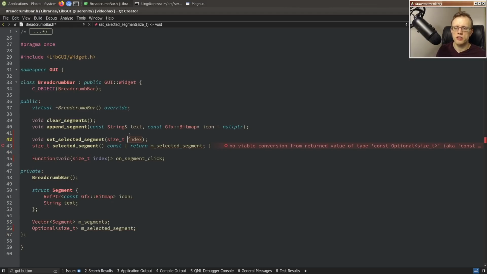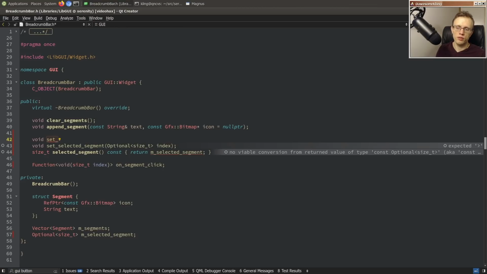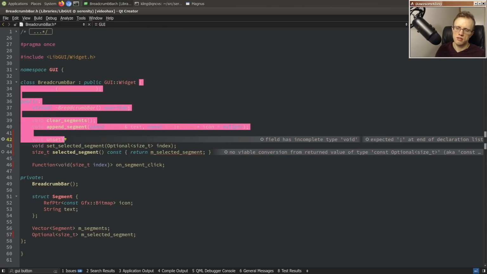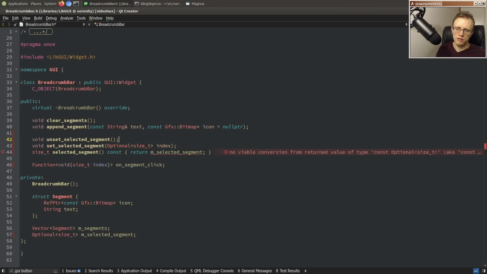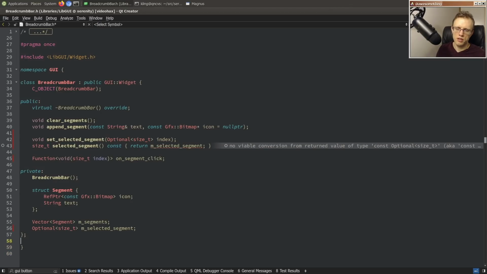So this is a situation that I don't love because it feels weird to do this, right? But it feels equally weird to use an overload. So like unset selected segment. I don't love that. So we're gonna use the optional because the overload is too awkward. And this will be optional, selected segment, yeah. Okay, and then